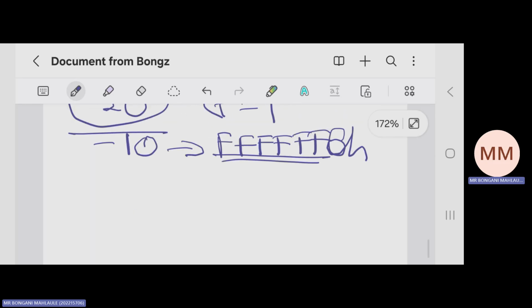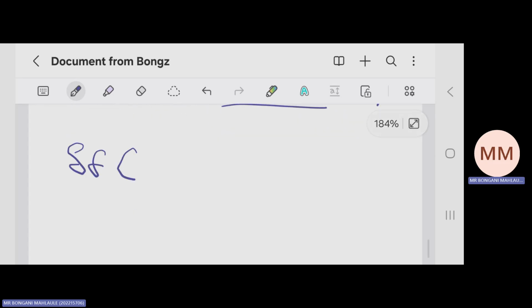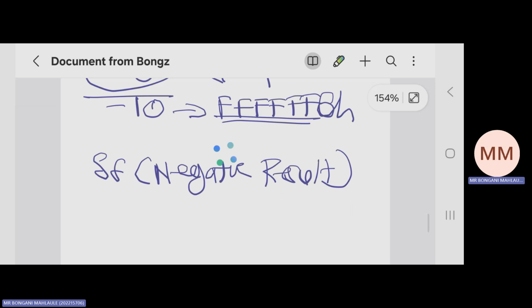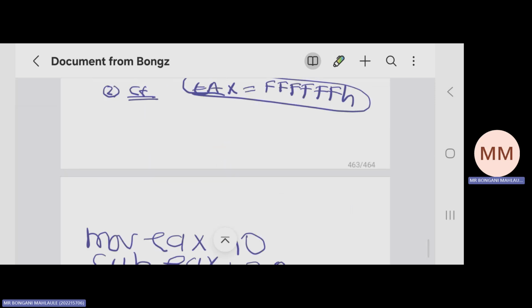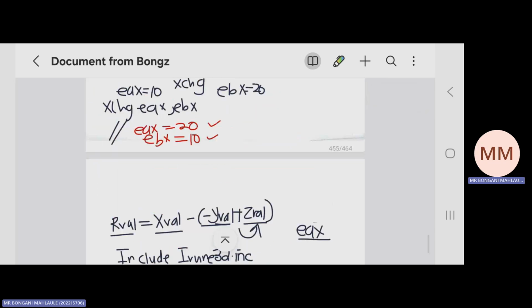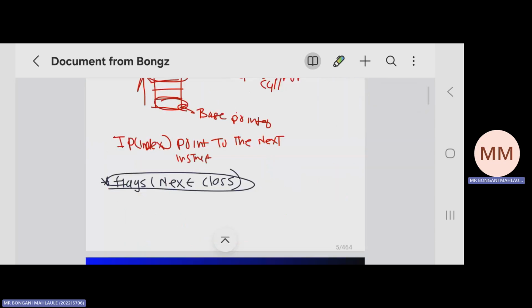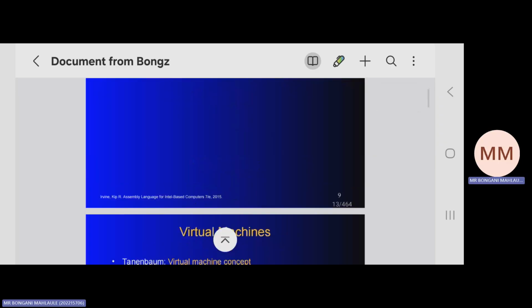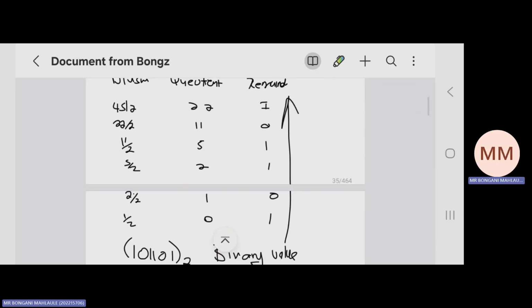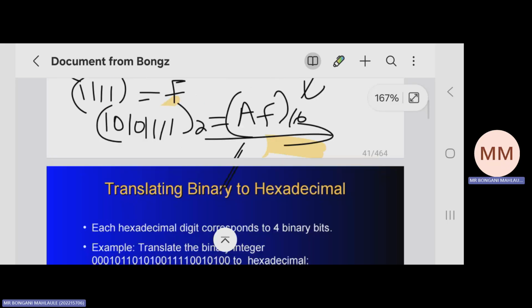The sign flag is set when the result is what? Negative. As long as you're getting a negative result. I think they've also explained this in class and also wrote a code for this one. So I can now leave this. I'm now skipping to